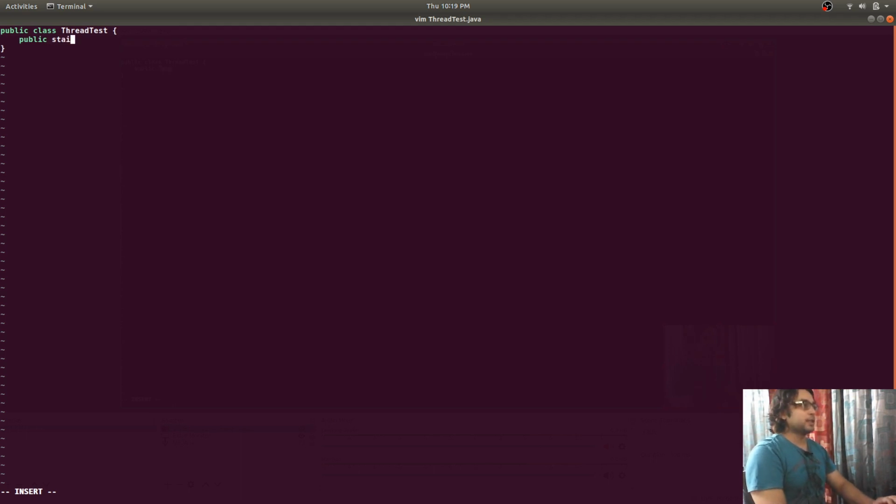So public static void main. You can put these threads right after the String keyword or separate it with the String keyword. It won't make any difference.